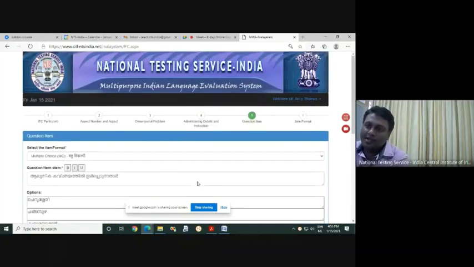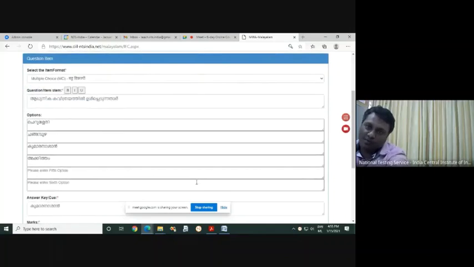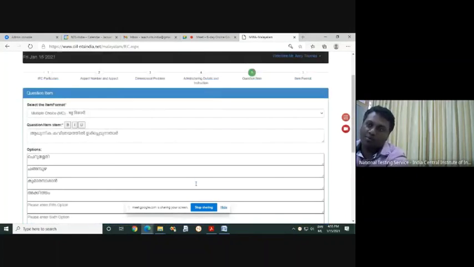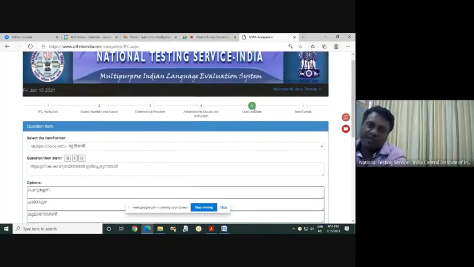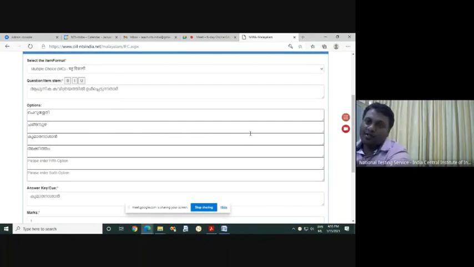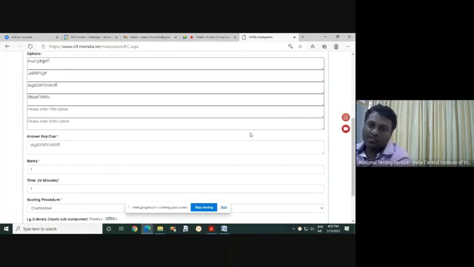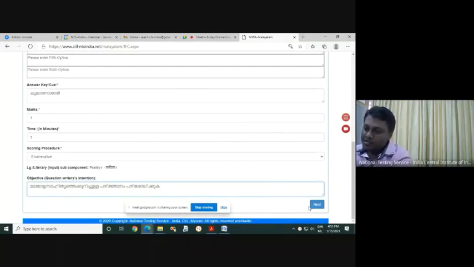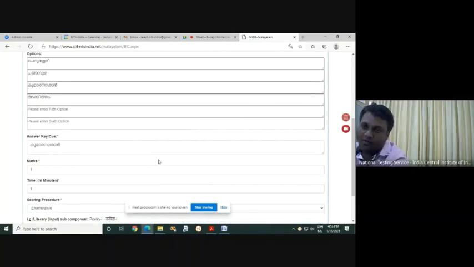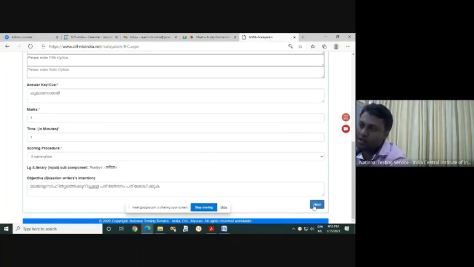When you write that, you check once again from the top whether everything is proper, because this 5th tab, as I said before, is the important thing. This is the tab which contains your question stem and also the answer key and everything. After finishing all this, see there are some red marks here. So can you see here? These are all mandatory. If you are not filling all this, you will not go to the next screen.